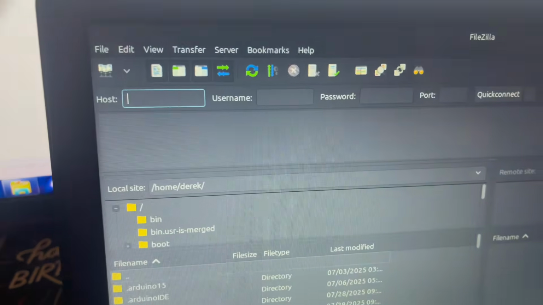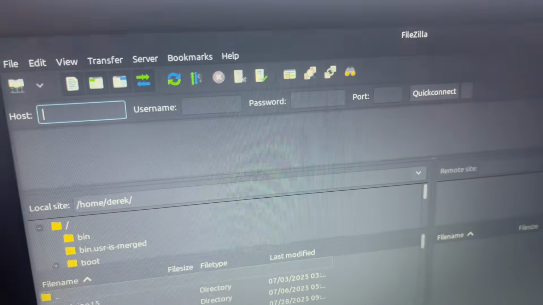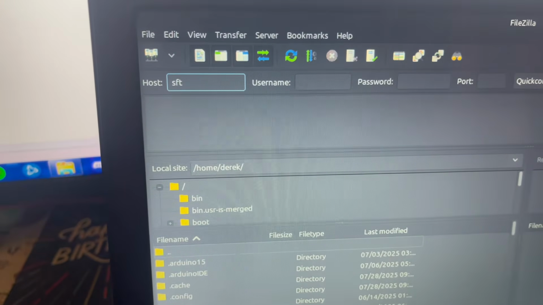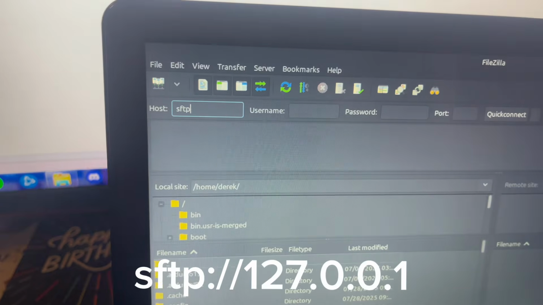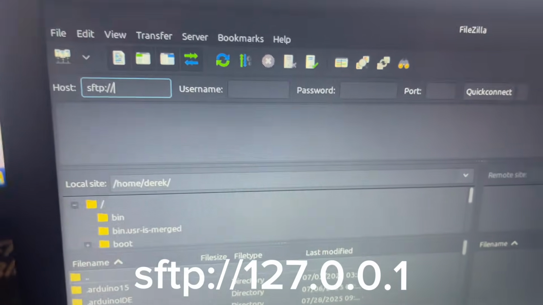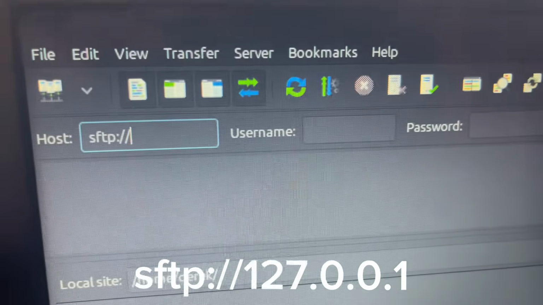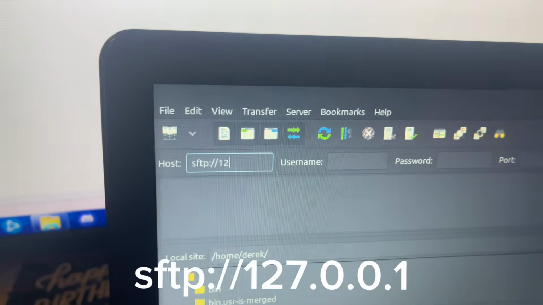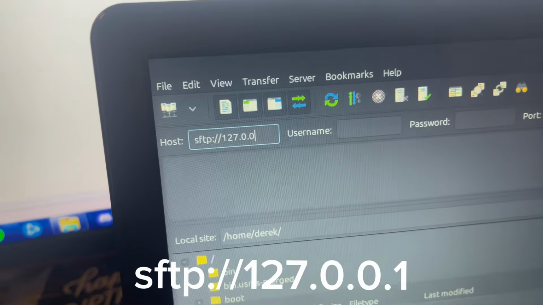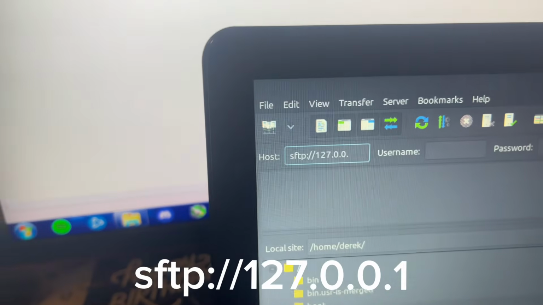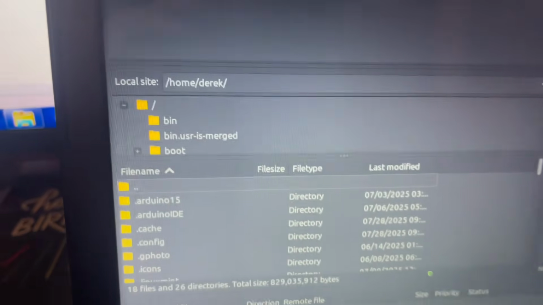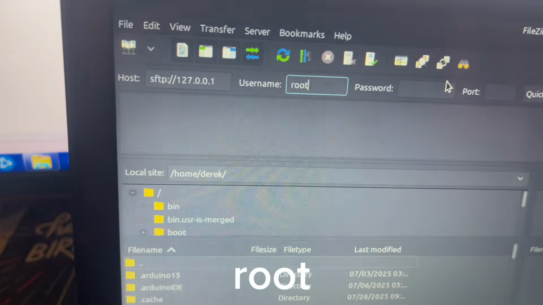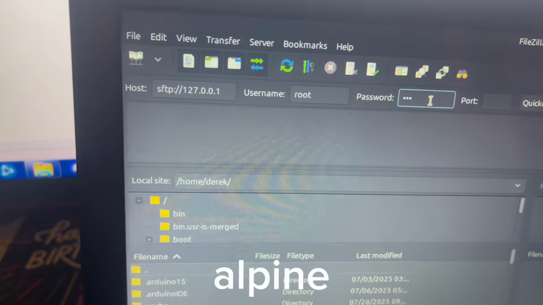So in here, now you've opened up FileZilla, you see host, username, password, and port. So we're gonna put in this host right here. What this host does is it just allows you to connect to your phone remotely. So you're gonna do SFTP, colon, //127.0.0.1. And then you're gonna put in username root, password alpine,